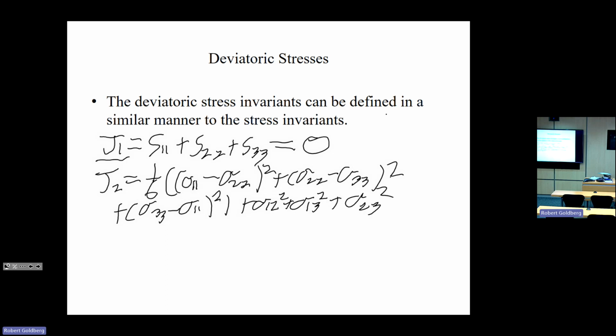And just a note that you can also do some math games to show that it's equal to I1 squared minus 3I2, or it's also equal to, if you look at the indicial notation, 1/2 times the matrix product of